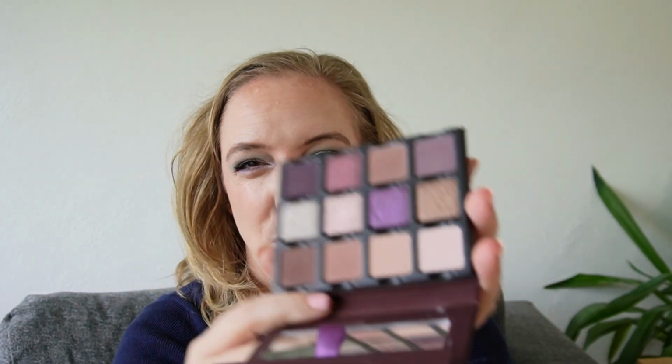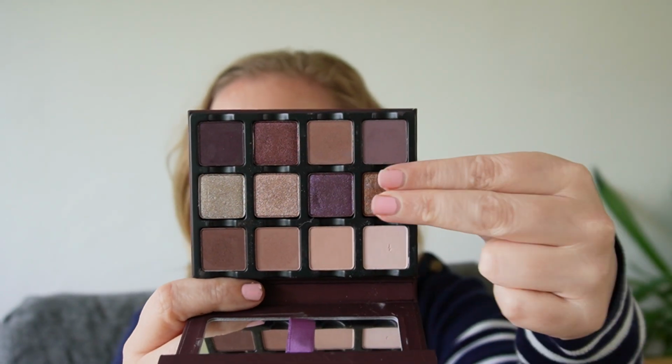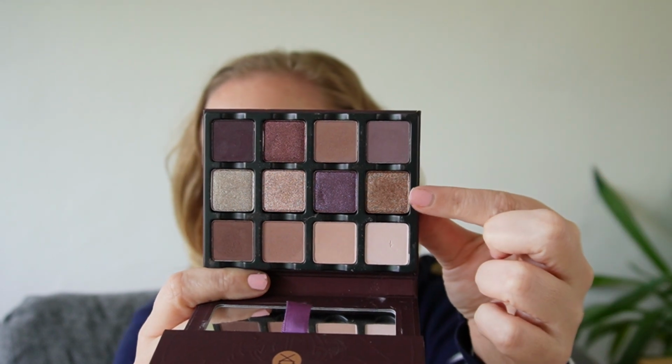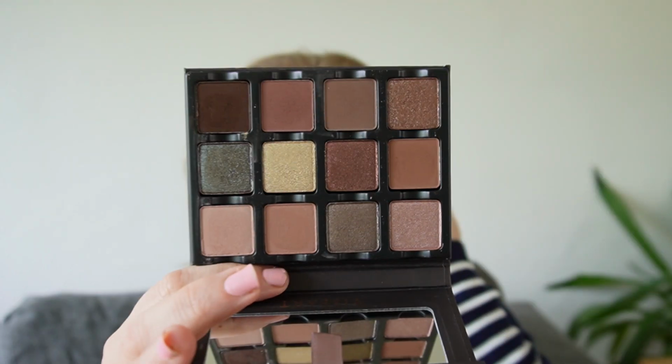And as warm toned as it may look, if you cover this shade up, I feel it's not as warm toned as you might expect. So I feel this is the only true warm tone that is inside this palette, with some really stunning shades. It does have 5 shimmers and 7 mattes, which, you know, I'm a shimmer lover, right? So there's that. And then the Cashmere Charmeuse has some more shimmers because we get 6 shimmers in here, but